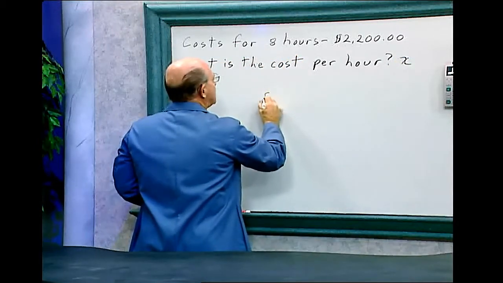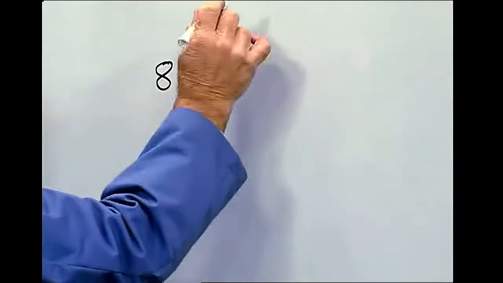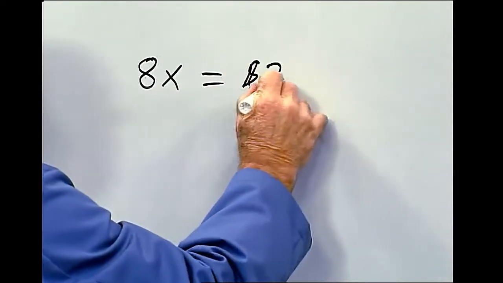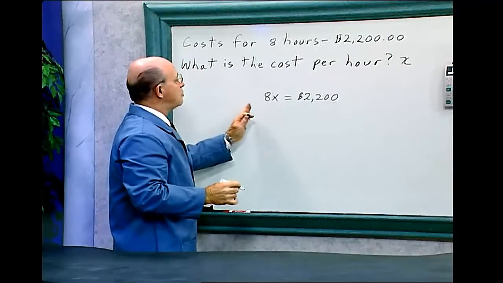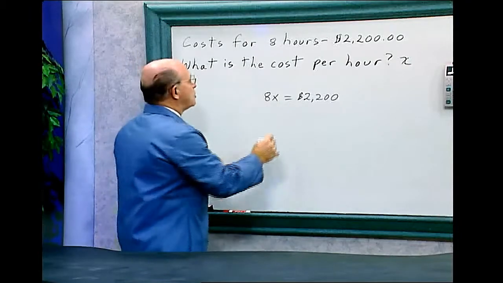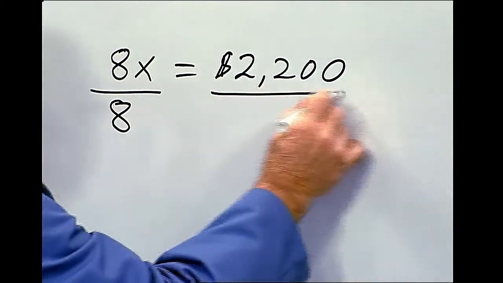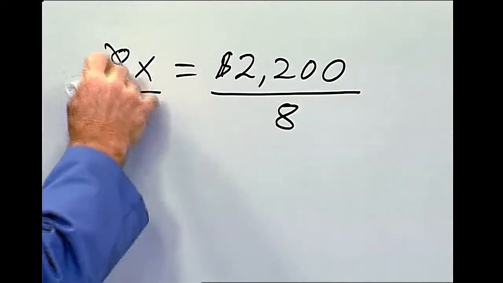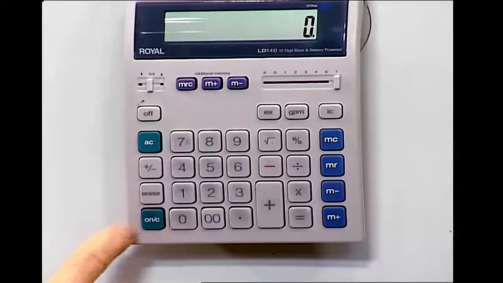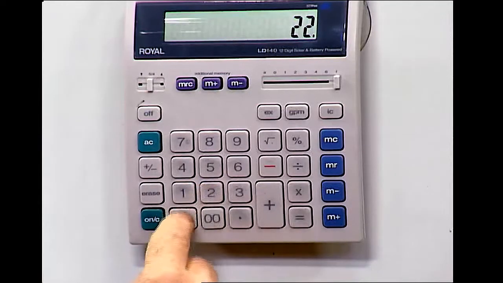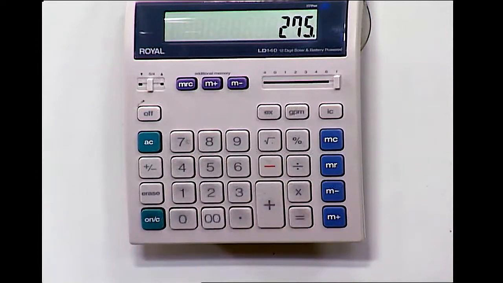So 8x, which is per hour, equals 2,200. To solve this, we want to isolate the x. So we divide each side by 8. So if we divide one side, we've got to divide the other side by 8. So that will neutralize the x. X equals, let's go to the calculator, 2,200 divided by 8 equals